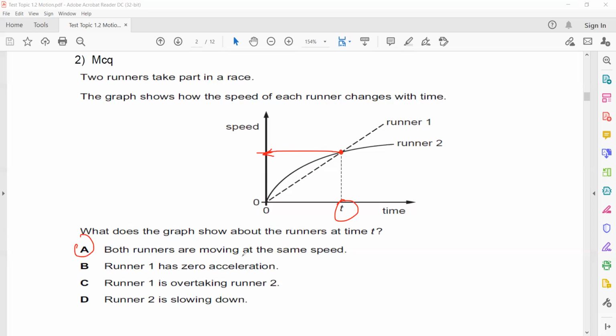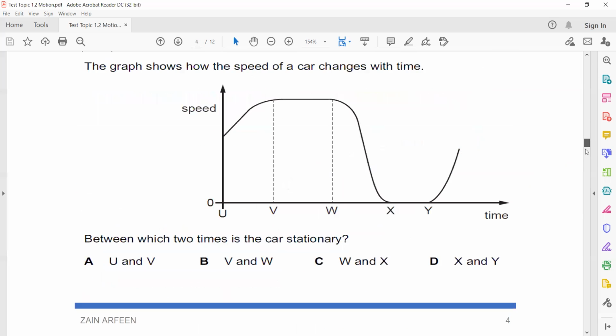Slowing down does not depend on acceleration. Slowing down depends on speed. If they say deceleration, if it was decelerating, the speed time graph would be like this, because to slow down, the speed should be decreasing. So here the speed is not decreasing, the speed is increasing, but the change in the speed is decreasing.